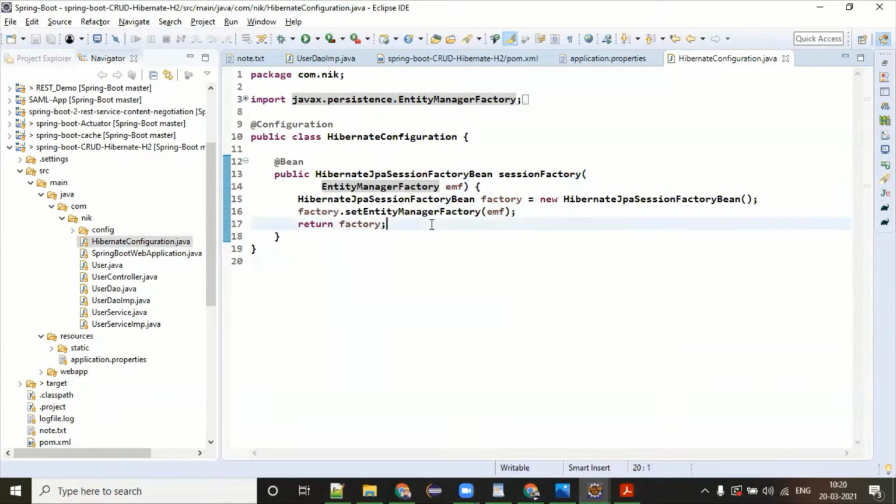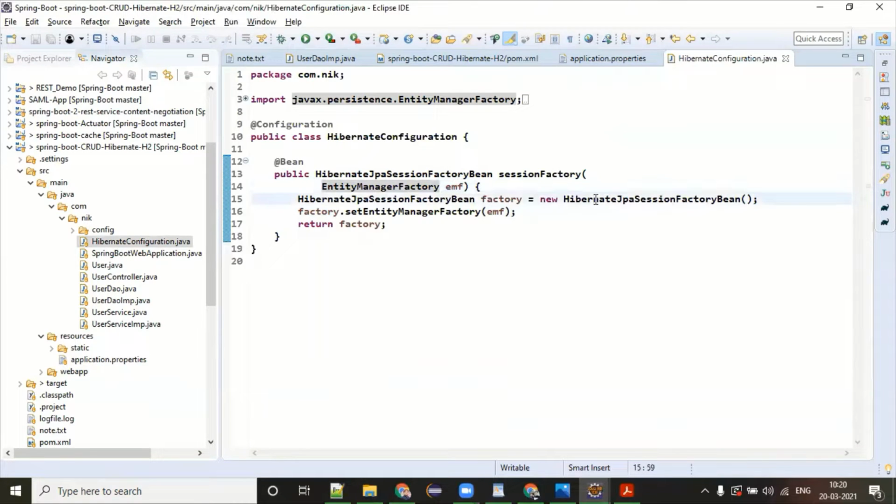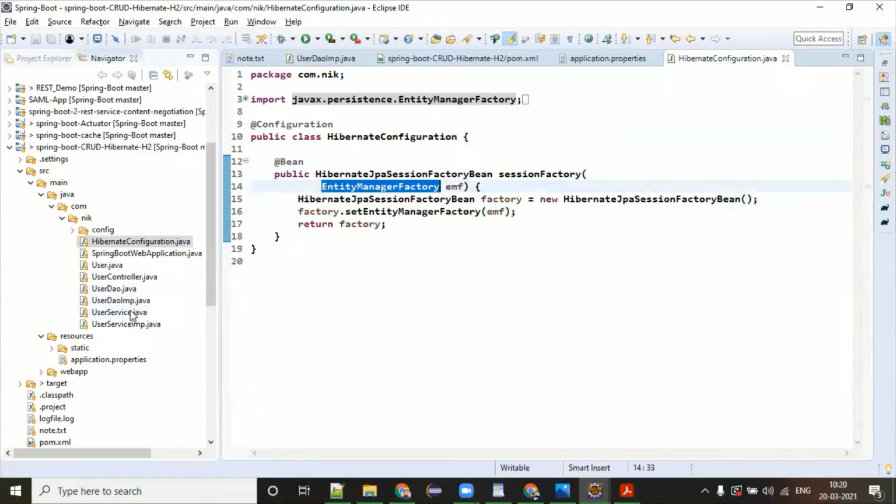So how this is going to work, let me show you. We have a factory defined, and under this factory I'm going to give the entity manager factory.